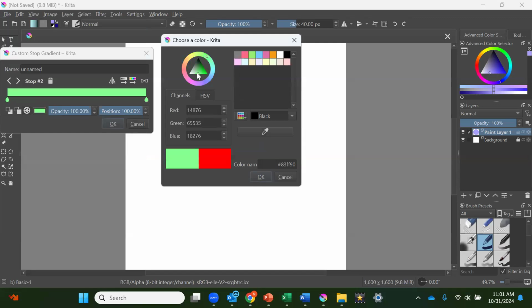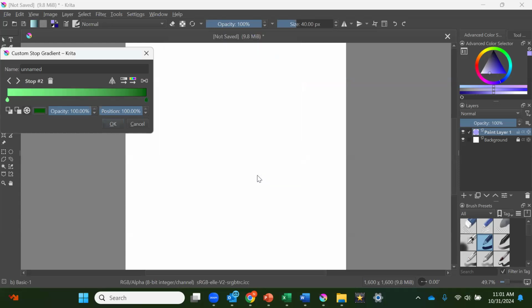And then that'll give me the right color and I can choose a different value of that color. Okay. And now I have a gradient that is, I'm going to call this the green gradient, that goes from a light green or a light value of a green to the dark value of that same